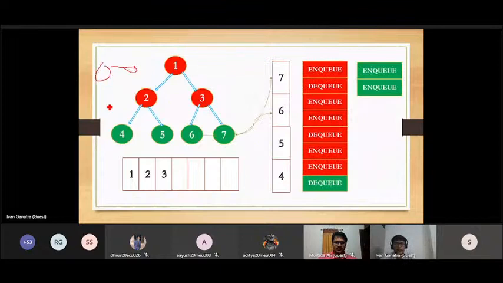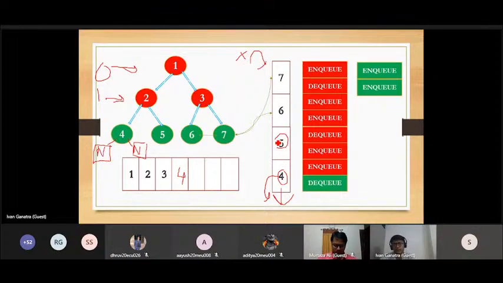लेवल 0 एंड लेवल 1 हमारे प्रिंट हो चुके हैं, एंड सिमिलर ऑपरेशन हमको कंटिन्यू करना है। 4 हमारा अभी नेक्स्ट टॉप मोस्ट एलिमेंट है, 4 को हमको यहाँ से एन क्यू करना पड़ेगा और उसके लेफ्ट और राइट चाइल्ड को हमको पुश करना पड़ेगा, बट क्योंकि उसके लेफ्ट एंड राइट चाइल्ड है ही नहीं, वो नल वैल्यूज है, तो हम नल वैल्यूज तो क्यू के अंदर ऐड नहीं करते हैं। सो अब क्या होगा, 4 बाहर आ जाएगा एंड 4 को हम प्रिंट करवा देंगे। राइट, और कुछ भी यहाँ से एनक्यू नहीं करने वाले, ठीक है। सो 4 भी यहाँ पे प्रिंट हो गया।